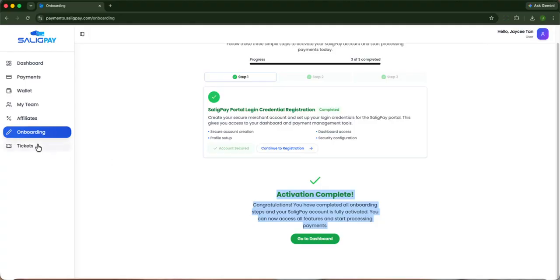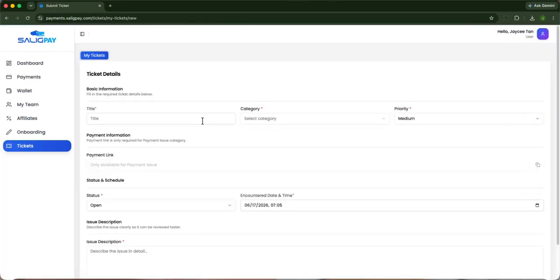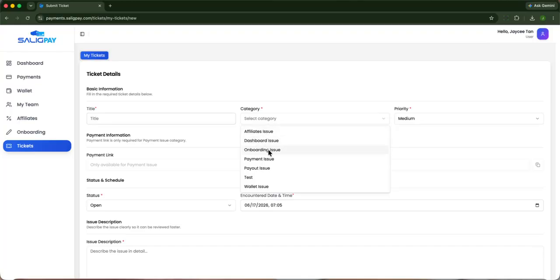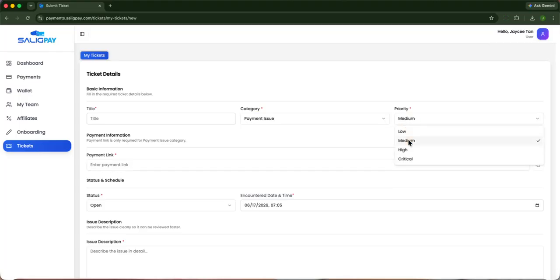Now, if you need assistance, we are creating our ticketing system. So inside of your SaligPay dashboard, we have the ticket section. This is the fastest way to contact our support team. So here is where you can create a ticket. You can add a title, add a category. So this is about an onboarding issue, maybe a payment issue. You can enter a payment link here. You can add a priority,